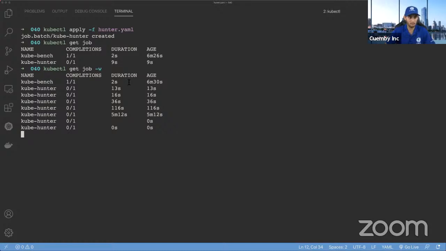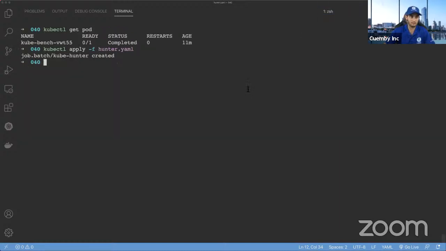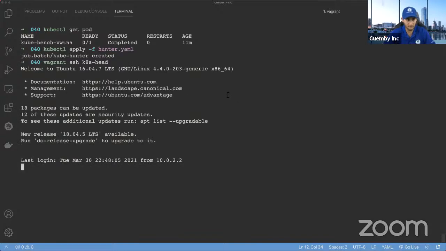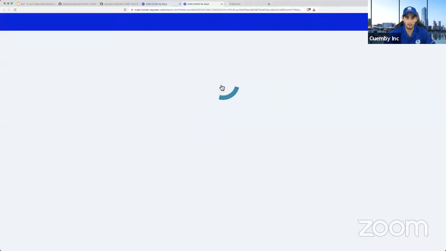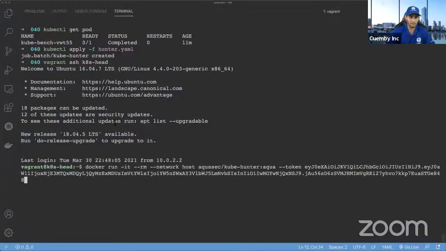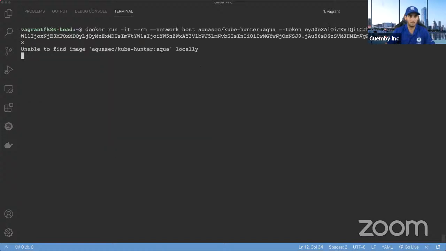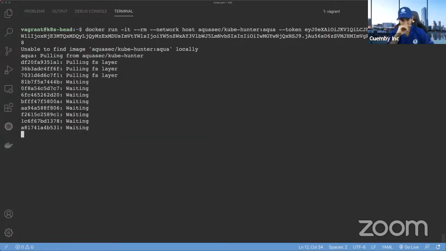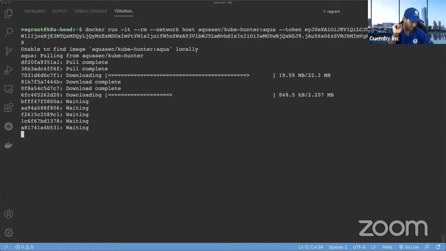All right, let's leave that one there. And now here, what we're going to do is a kind of trick to see both at the same time. I'm going to copy this and run it as a Docker inside the Vagrant cluster and see if this one is recognized better.